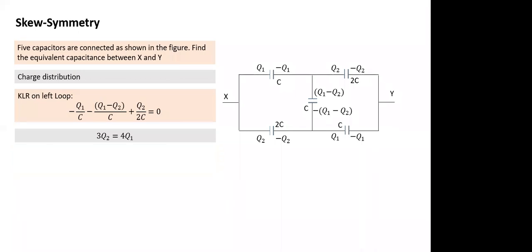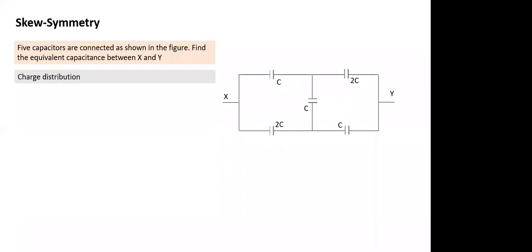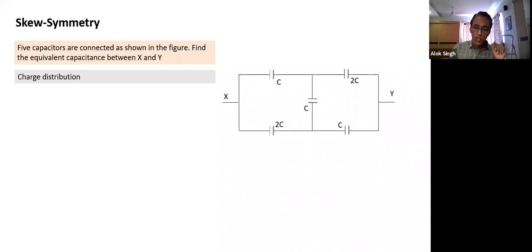Yes, sir. What is the point? Tell me what you understood. When we interchange the terminals, the polarity changes, but the charge remains the same. Okay. Now I look at this. Suppose I connected the positive terminal to X. This has charge Q1, this has charge Q2. I don't assume them to be the same. What is the charge on this one? Q1. On this? Q2.